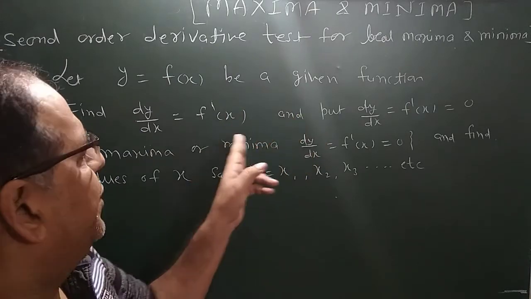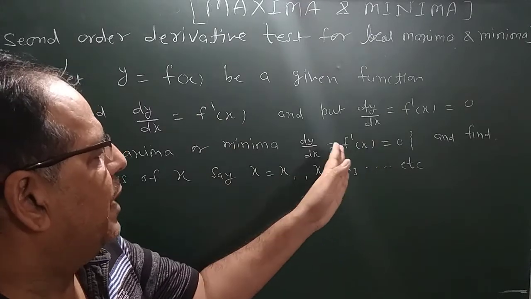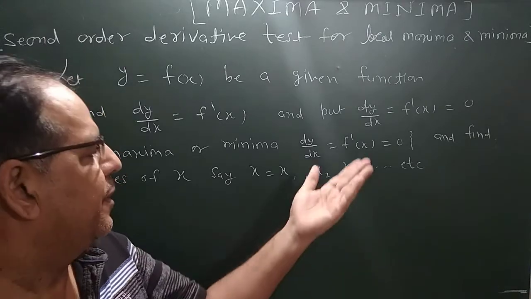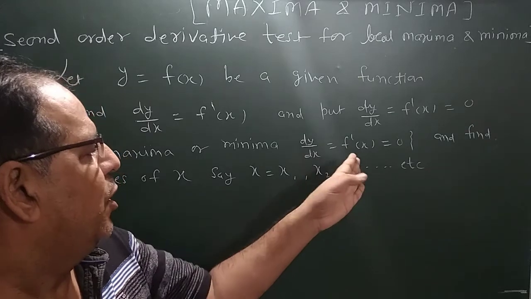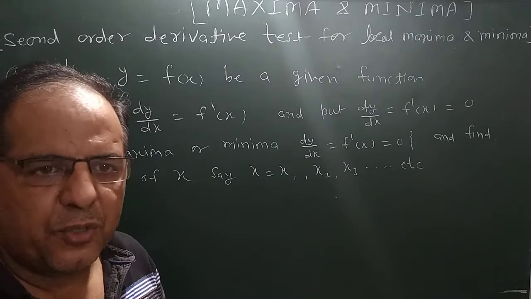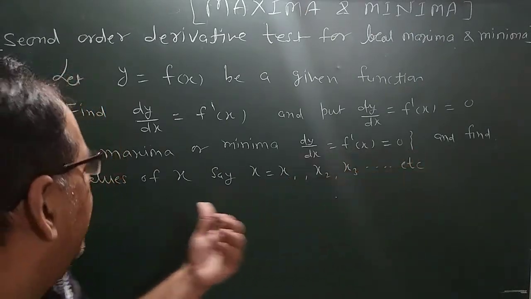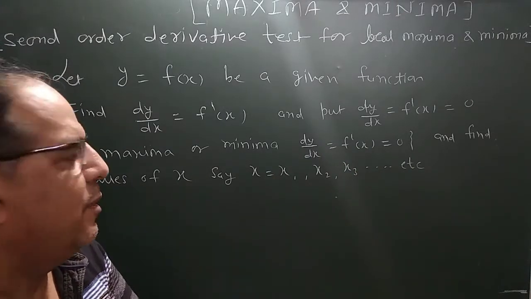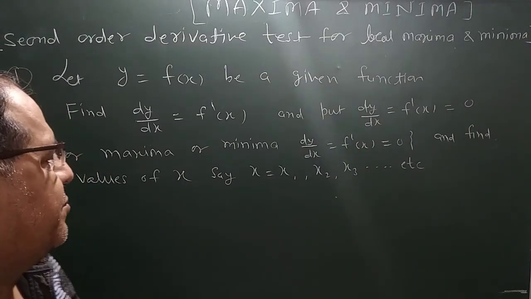When we differentiate the given function with respect to x, we have a polynomial. It may be a linear polynomial, a quadratic polynomial, or a cubic polynomial. When we put this polynomial equal to 0, we get a linear equation, quadratic equation or cubic equation and so on. After solving them, we have the values of x according to the polynomial obtained in the derivative of f(x).